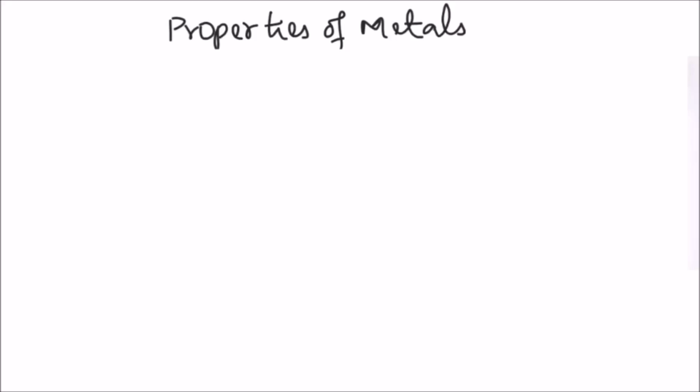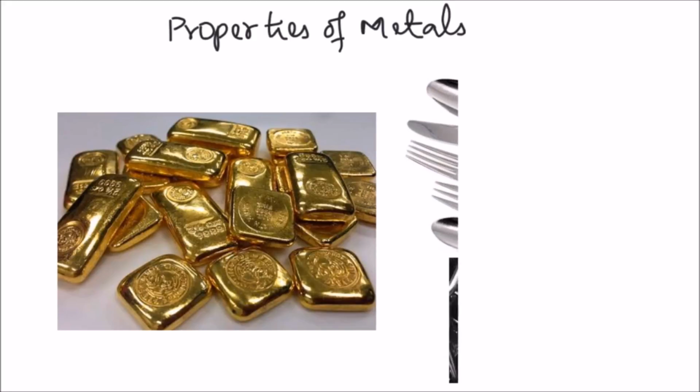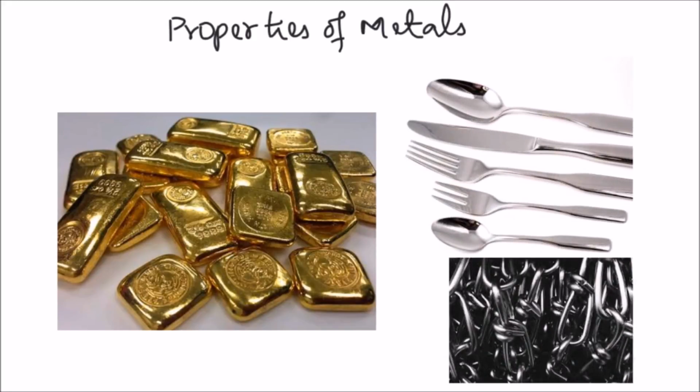The important physical properties of metals are that they have a shining surface and also they are very hard. Let's look at some of the examples. The property of metal shining is called metallic luster. Most of the metals in their pure state are very shiny and are very hard, except for a few metals like